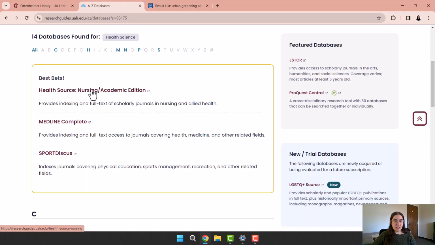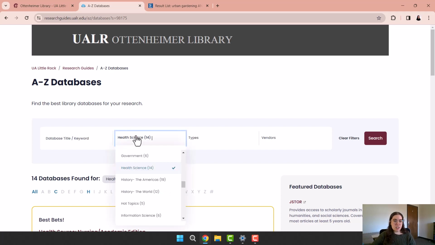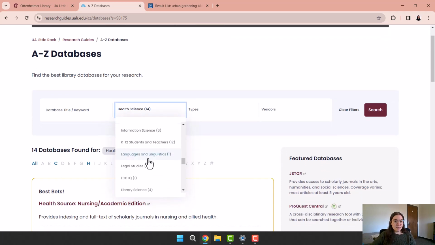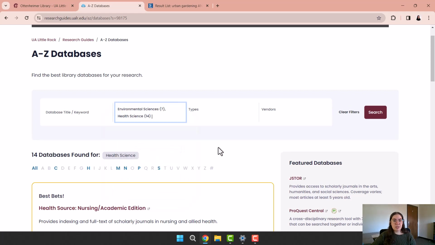So let's go back to our databases. We had a couple of different perspectives we wanted to see this or review this through, right? We want to see urban gardening, public health, architecture, and ecology. So let's see what else we can find here. What else could we use? Let's try environmental sciences. Now you see that I could also add multiple because I already looked at health sciences,